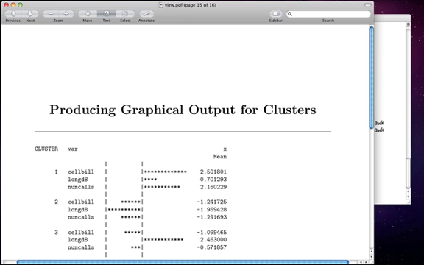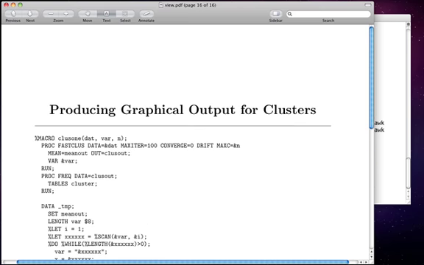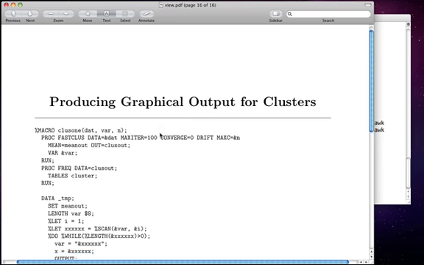The final example that I'm going to take you through is producing graphical output for cluster solutions. So when I do cluster analysis, I usually mean center my variables. What that means is that the value 0 is a typical person. Positive values indicate people are above average, negative values indicate people are below average. I like to produce little bar charts like this. Unfortunately, FastClus doesn't produce bar charts like that. Here's a macro that I've written that does